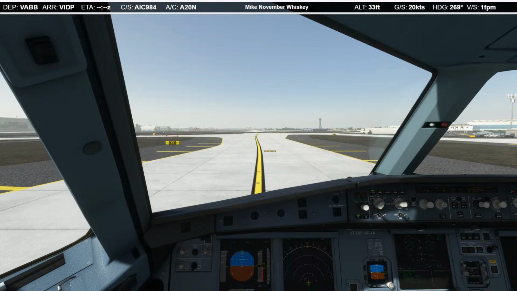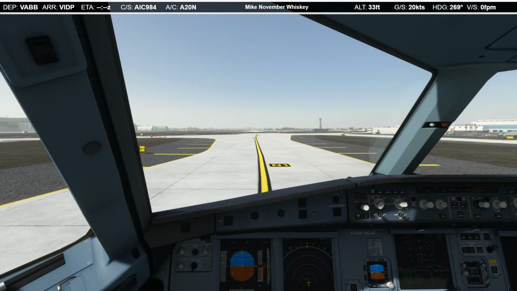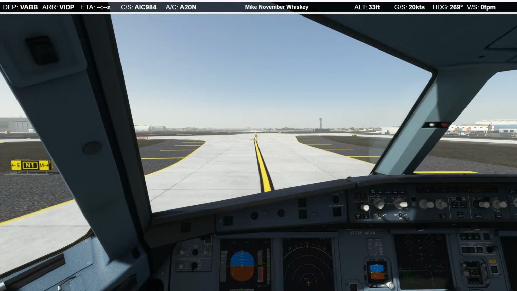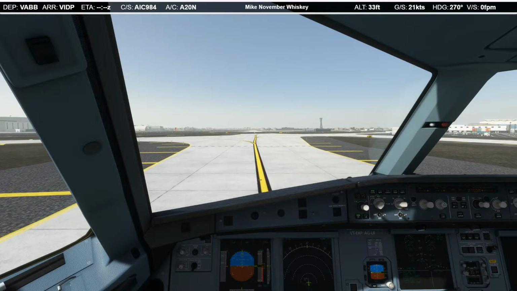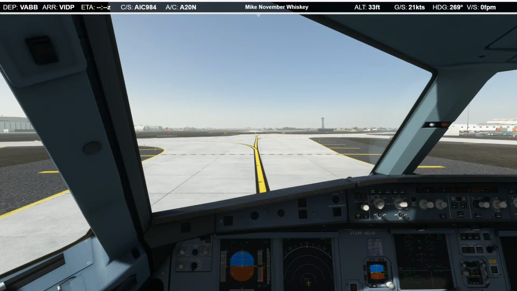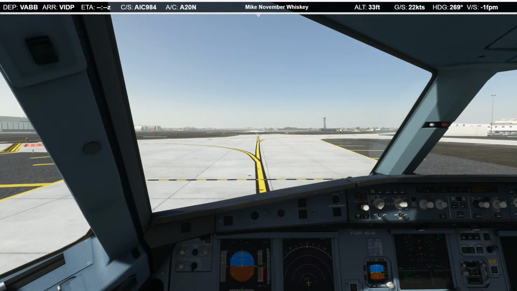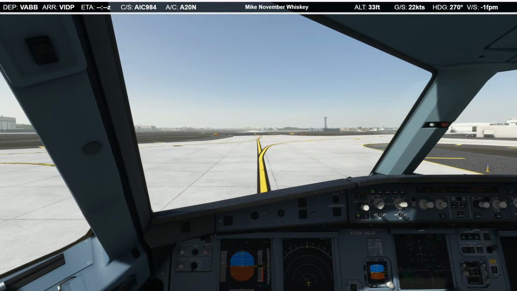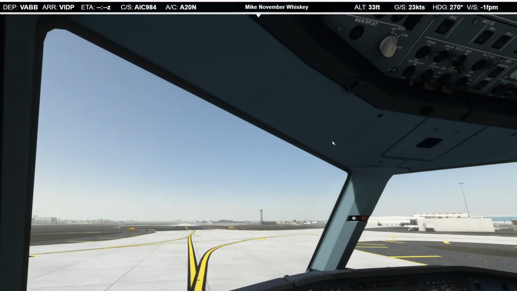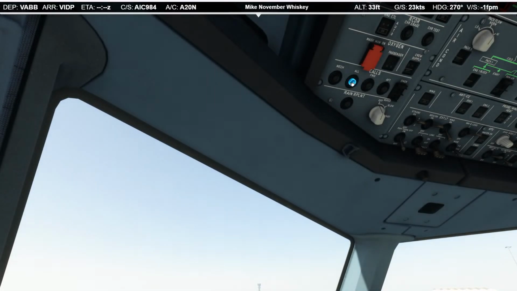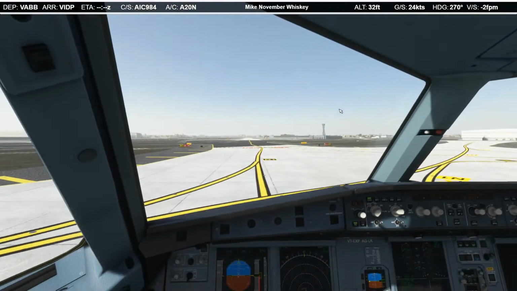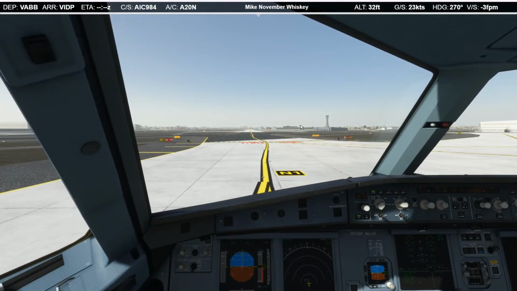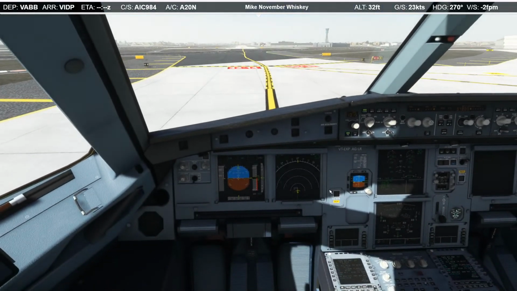This became a lot more fun. I was not expecting to have ATC tonight. Flight attendants, please prepare for takeoff. Crossing runway 14.